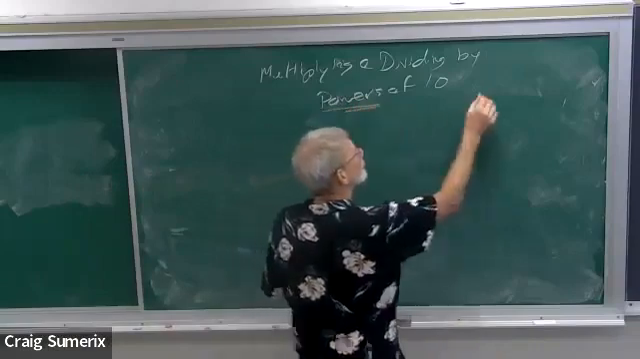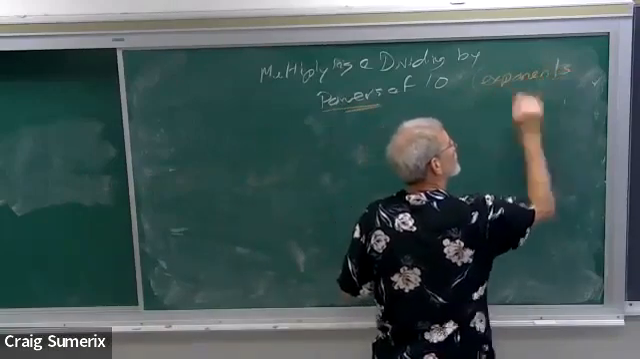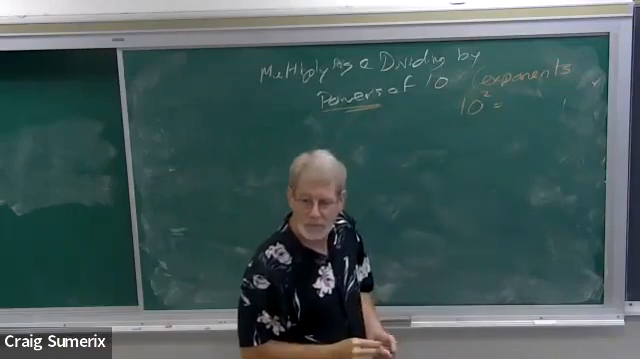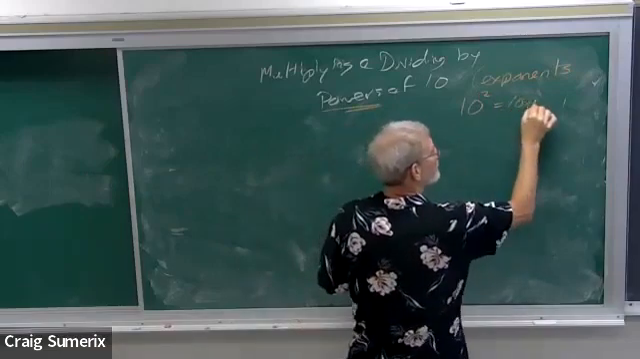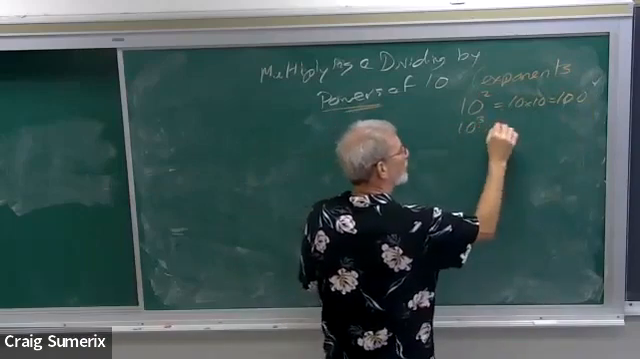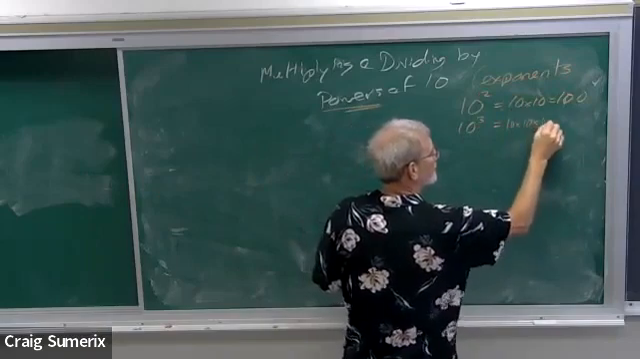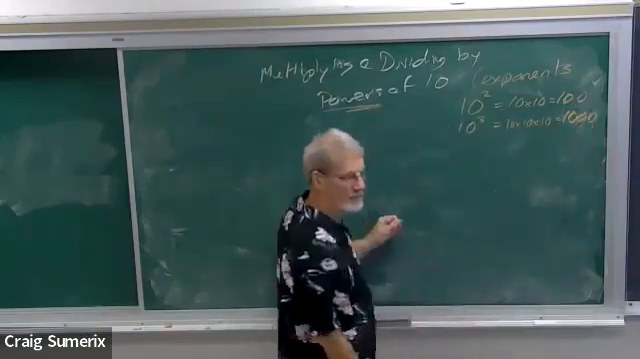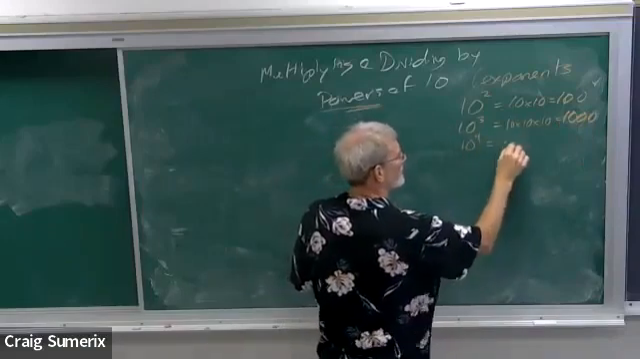Another word for powers is exponents. So they're talking about things like 10 to the second power, which is what? It would be 10 times 10, which is 100, right? 10 to the third power would be 10 times 10 times 10, which is 1,000. Okay? 10 to the fourth power is